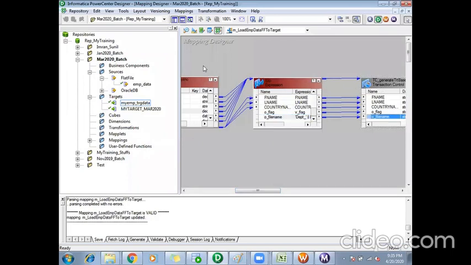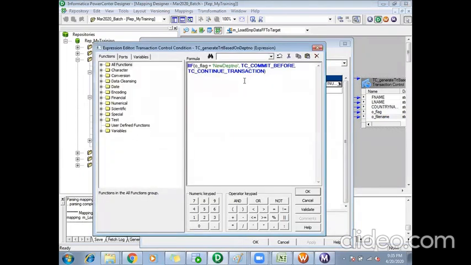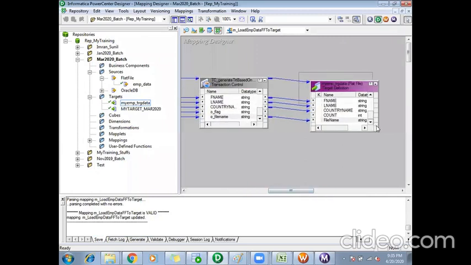So whenever it says commit, it will move all those transactions into one target if your target is a file. If your target is a table, instead of a flat file as a target, if I use a table, then it will work as your simple commit operation of your SQL.